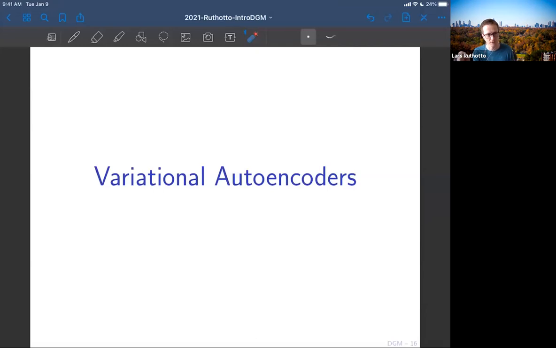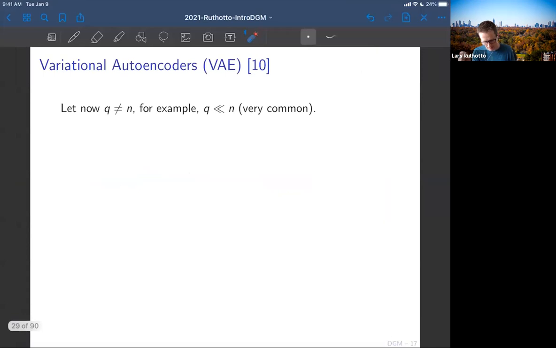Let's tackle one of their assumptions though and overcome it, namely the case where Q, which is the dimensionality of the latent space, is different from N. The motivation here should be the MNIST example that we talked about, where the intrinsic dimensionality we don't know, but it's way, way lower than the number of pixels in an image, because that is an arbitrary number. You can even rediscretize the image without necessarily generating new information. So the common case is to think about Q being way, way less. In our case, we want to go from 2 dimensions to 700 something. So that's a huge bridge we need to build here.